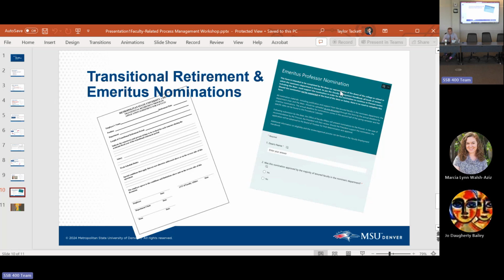And so just so you know, those of you who are representing deans or are deans, we just ask that you use this very simple form to upload the dossier for emeritus status, which is the department chair's letter. It could be together. They just have to note the vote for emeritus status and then the dean's recommendation letter. And that is the only significant change when it comes to the emeritus process.